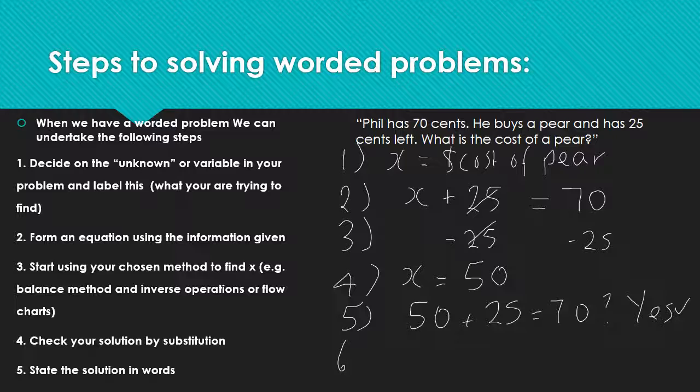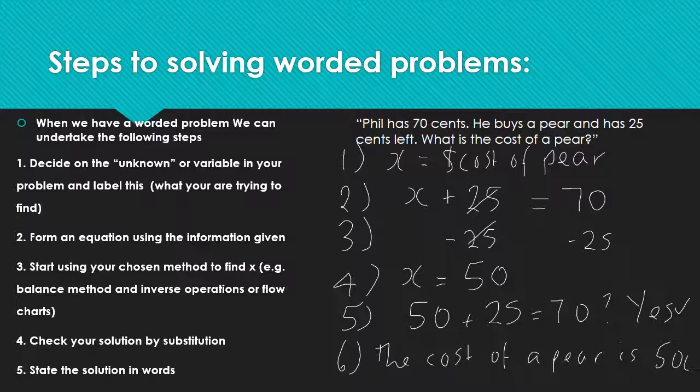Alright, solution. Mine's going to look really messy. We'll say the cost of a pear is 50 cents. I think I said dollars. I meant cents because $50 is a pretty expensive pear. Alright,